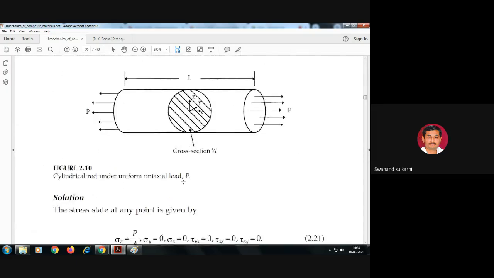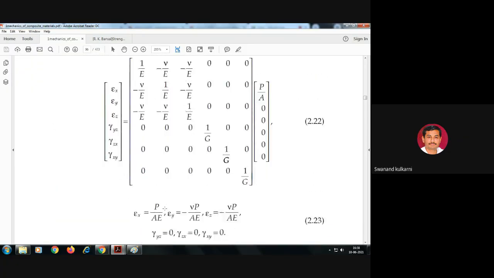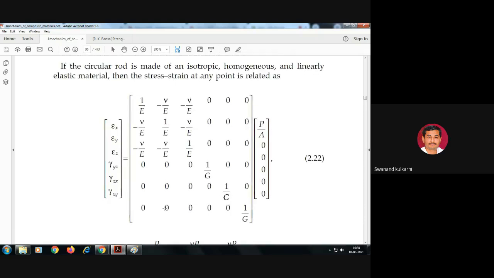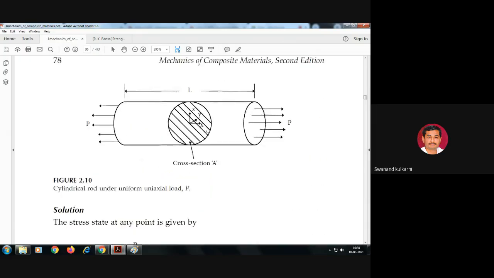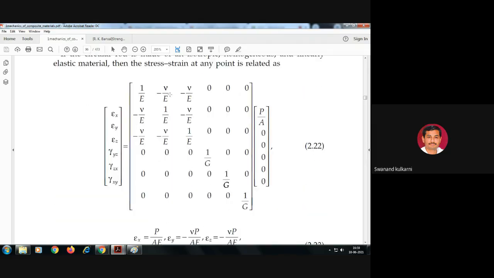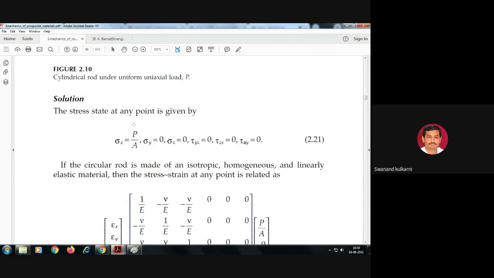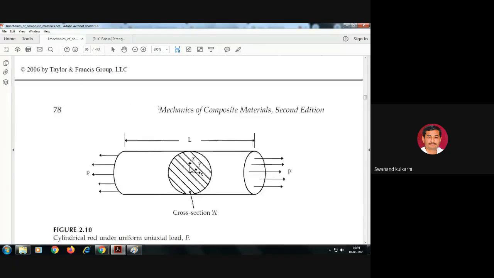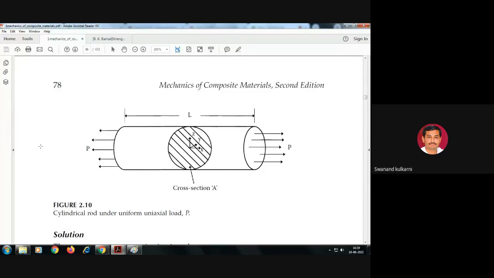This example is purposefully taken here in order to validate this matrix which we are writing here, whether this matrix is correct or not, or any mistakes are there, whether these particular equations of strain energy which we have already identified with the assumptions of analysis of mechanical element are applicable, and whatever the answer we are getting as a strain energy, whether the same answer we are getting or not. In order to validate that, this particular equation we have taken into consideration, in which in general,